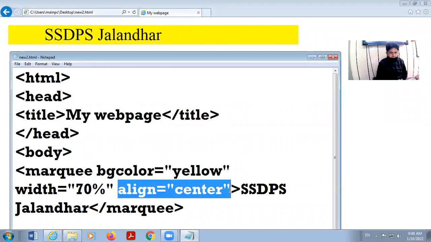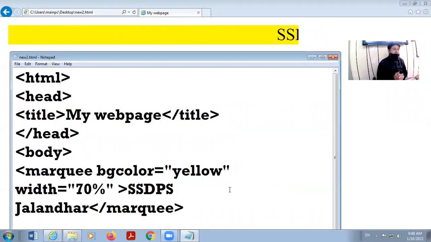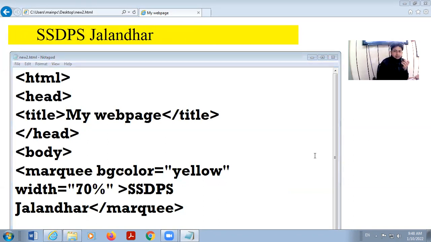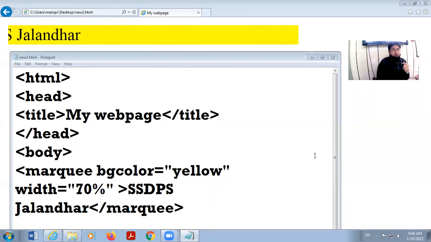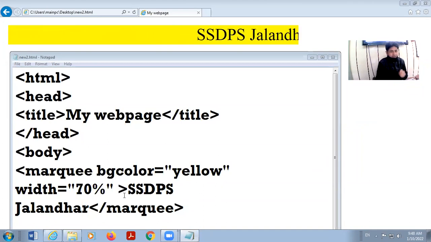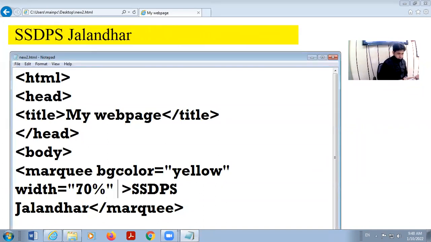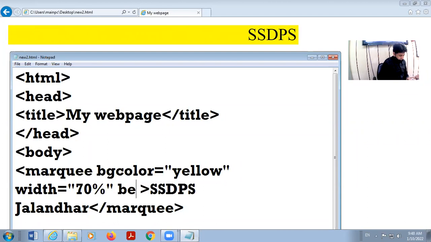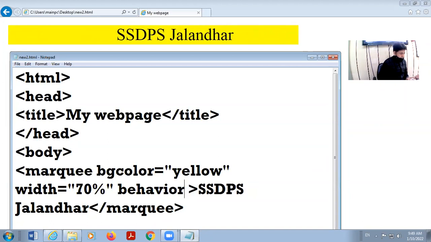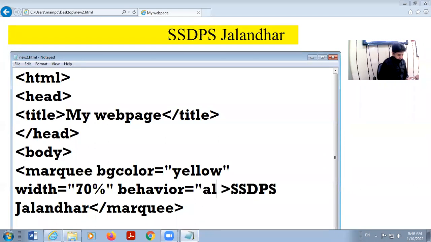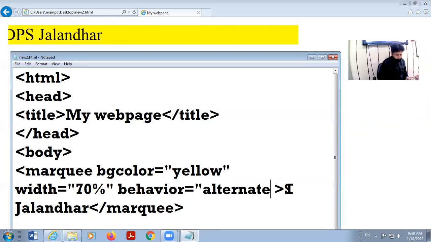Next is behavior. You can set its behavior. Behavior is the type of animation you want, the type of movement you want. Here I am giving behavior equal to alternate.